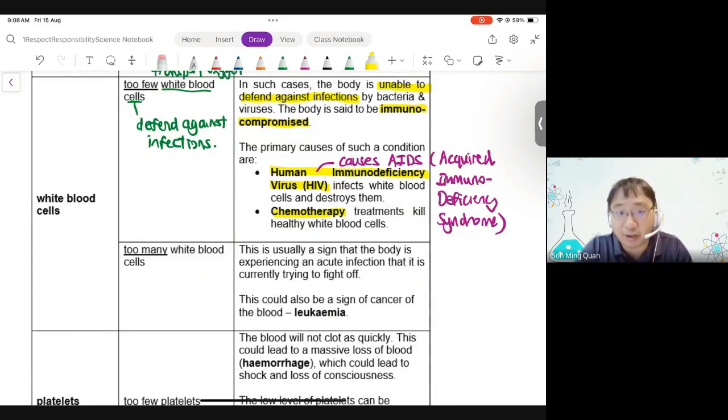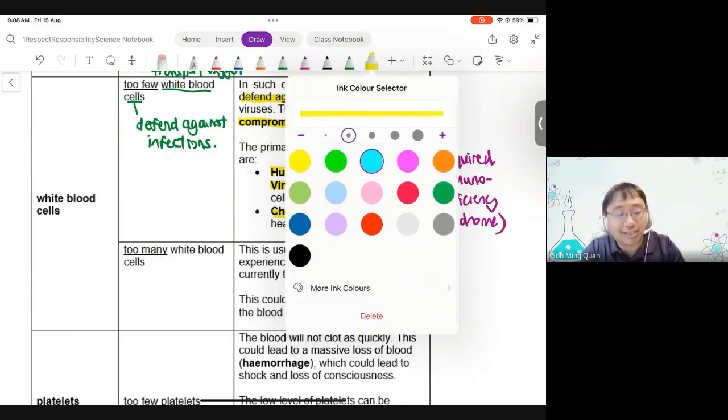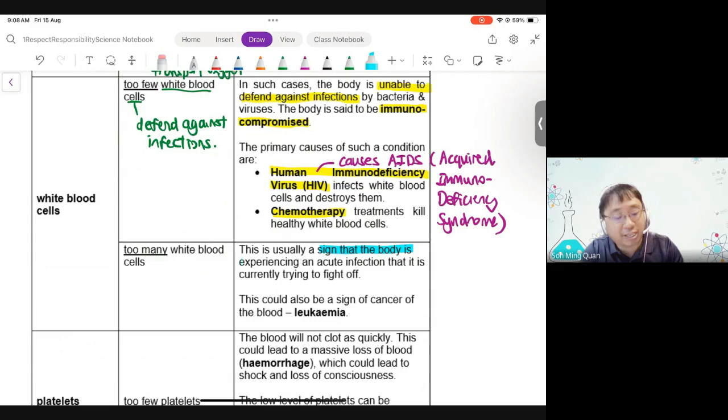That's also a problem in itself. All right? So, when the white blood cell count is very high, higher than normal, too many, that is usually a sign that the body is experiencing an acute, a very severe infection that it's fighting off. So one way the doctors can tell whether you are sick, whether you have a viral infection, is to do a blood test. By doing a blood test, they can count the number of white blood cells. If there are too many white blood cells, it's usually a signal to you that, okay, the body is actually experiencing an infection and we need to try to do something to help the body fight off this